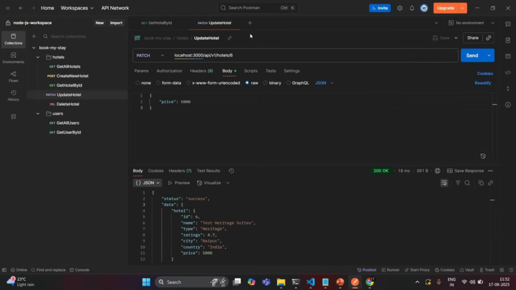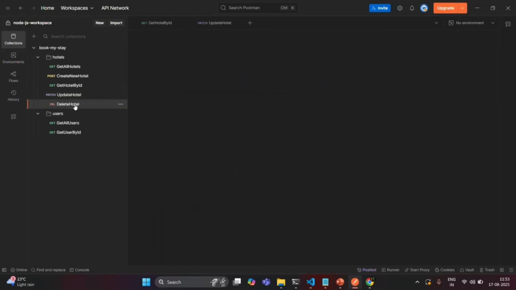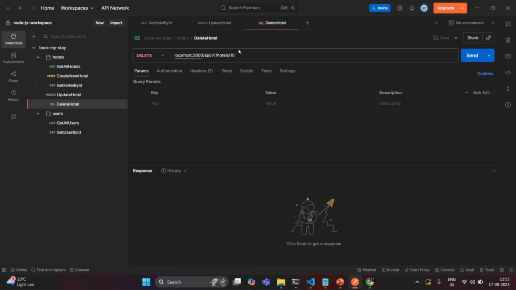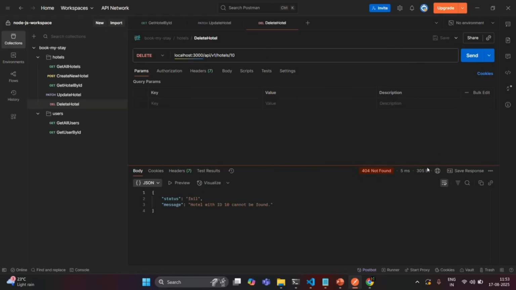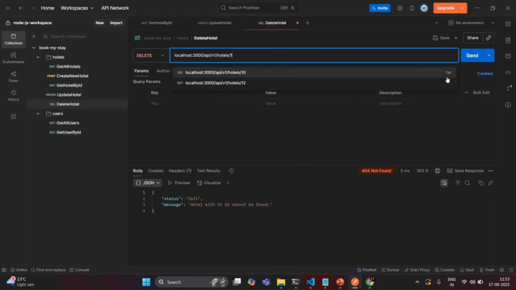Let's save this. And now let's also open delete hotel. So if I try to delete a hotel with ID, let's say 10, with this ID, we do not have any hotel object. If I send the request, we should get 404 response. So the hotel with ID 10 cannot be found. This is correct. But if I try to delete a hotel, let's say with ID 1, and if I send the request,